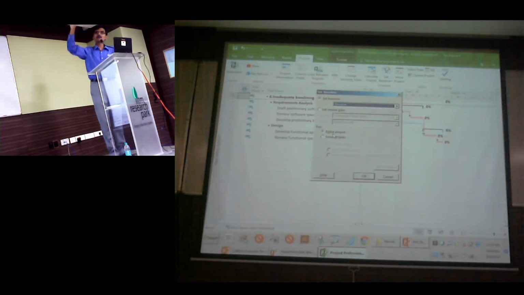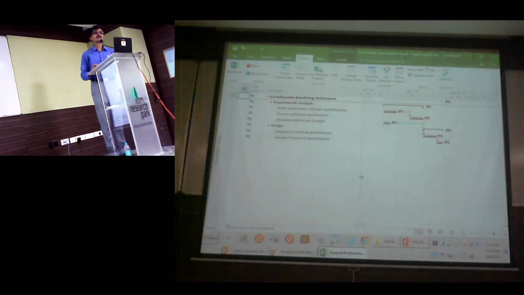You can be in a network diagram, you can be in a task usage or resource usage or even Gantt chart when you do this step. Once you say baseline entire project and say okay, since we are in a tracking Gantt, notice what happens. So the couple of clicks we don't need. He was talking about doing a right click and showing that. That we don't need if you are still in Gantt chart. We had a couple of colleagues who said we can insert columns, but you don't need to do it because we have a table that is going to display only baseline data. I'll show you what it is.